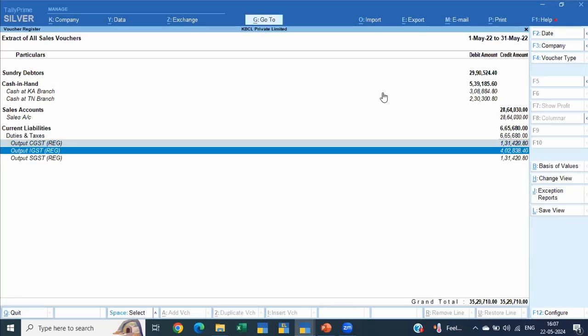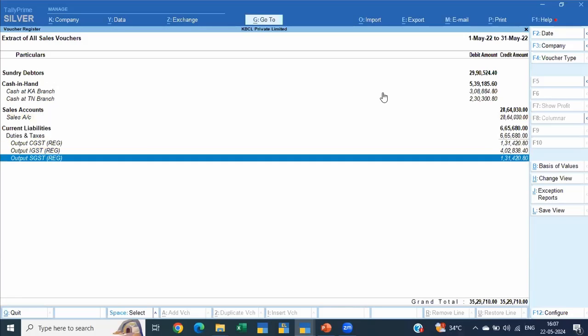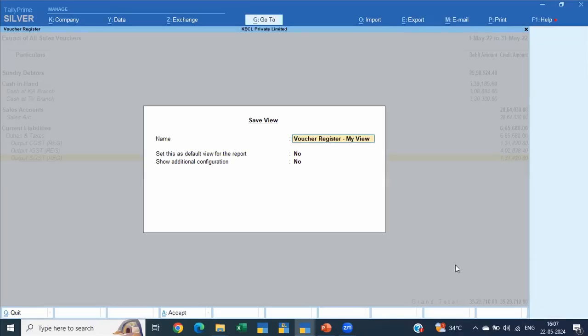Now, this value, if you go to your GSTR1 and match it with the GSTR1, it will match. Now, all you need to do is export and keep it for your future reference. And there is one thing called saved view. You can say, this is sales extract, right? So you can create one sales extract. Do you want this default view? No, I want to see the sales register as well.